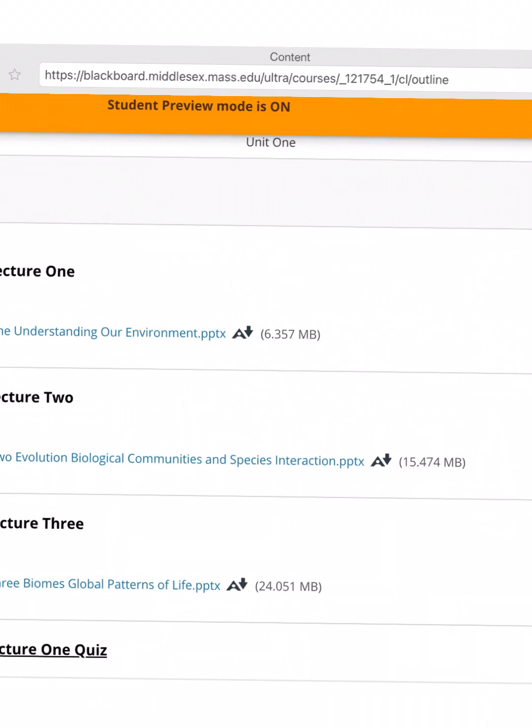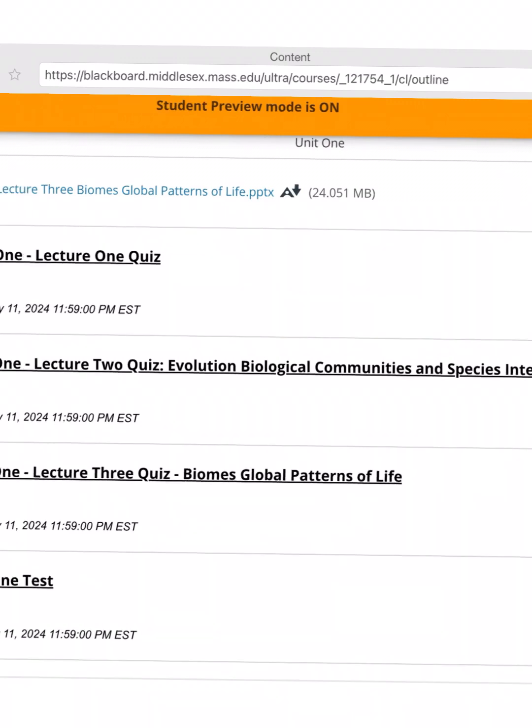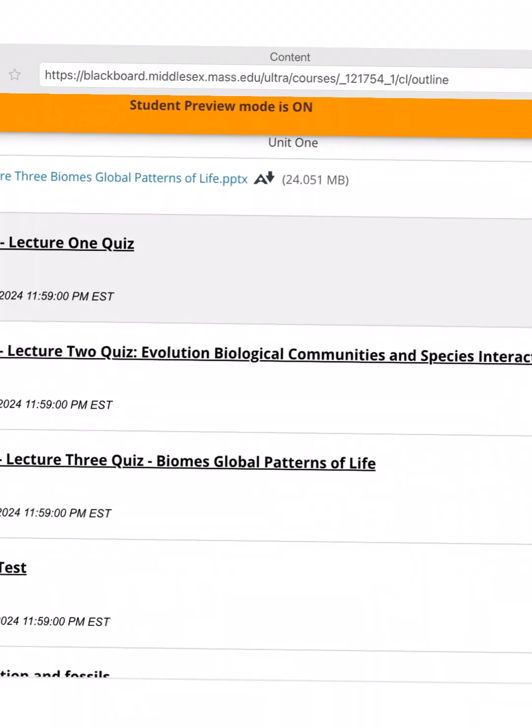Also, the book is available in McGraw-Hill. So the PowerPoint's good to look at first because it gives you an idea what the main points are, and then read through the chapter. So in this case, there's 3 different chapters, and then there's 3 quizzes, and the quizzes are due on February